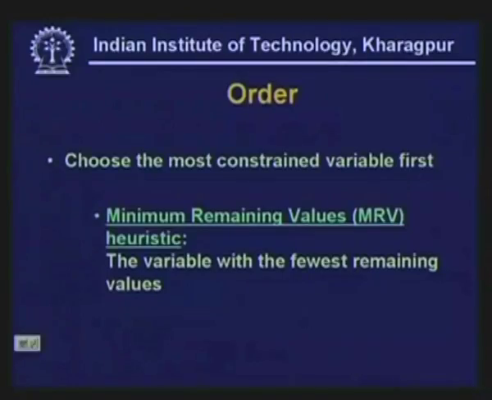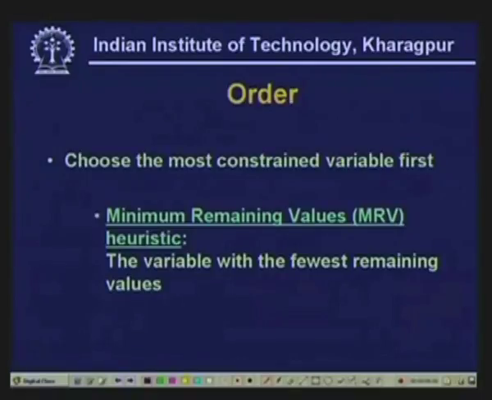Now, as we already discussed in the last class, one heuristic to choose the next variable is the minimum remaining value heuristic. In the minimum remaining value heuristic, the variable with the fewest remaining values is chosen next. What do you mean by variable with the fewest remaining values? You see, we said that every variable has a domain. Now, as a result, so when we